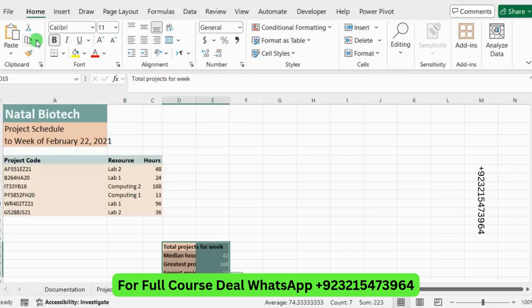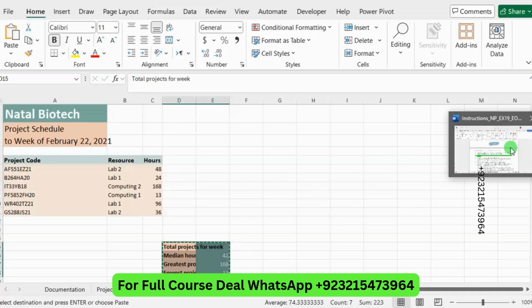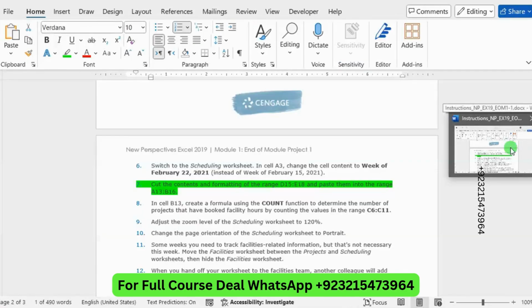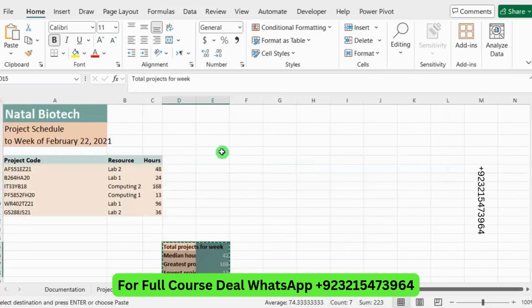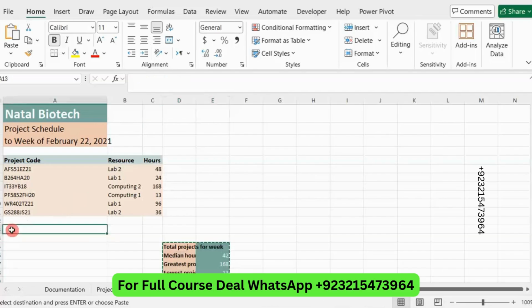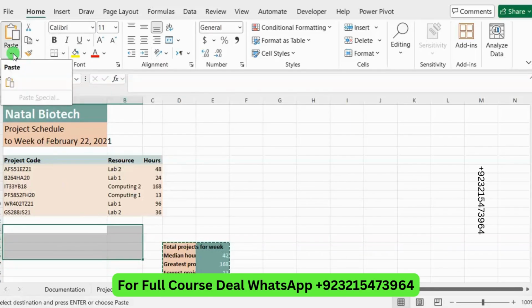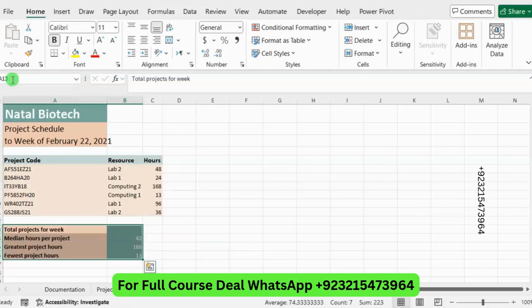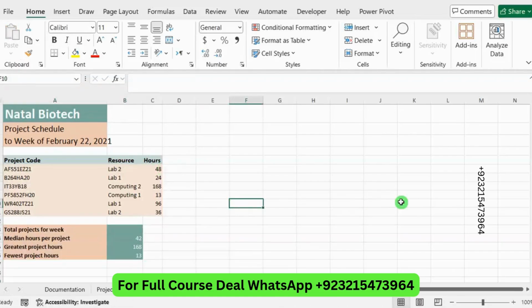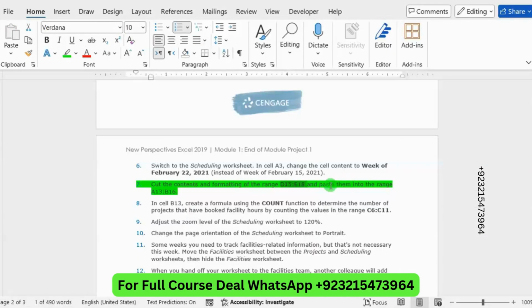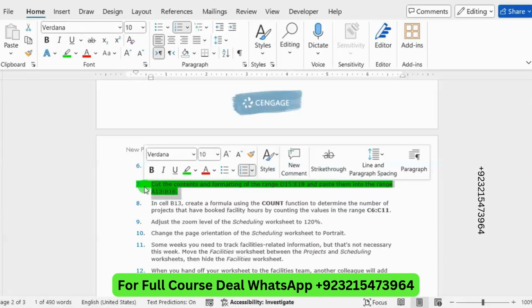Cut this and paste them into the range A13 to B16. Go to the sheet and paste here. So we have completed our 7th step here.